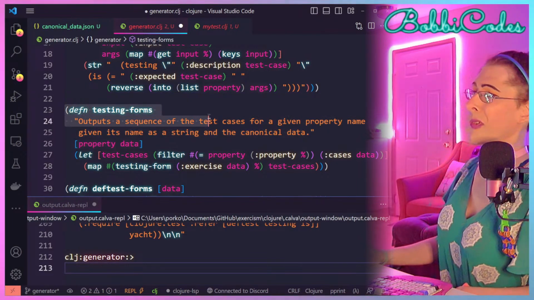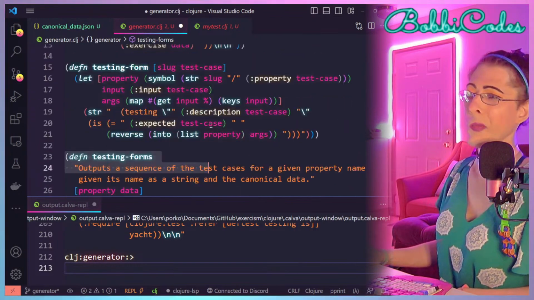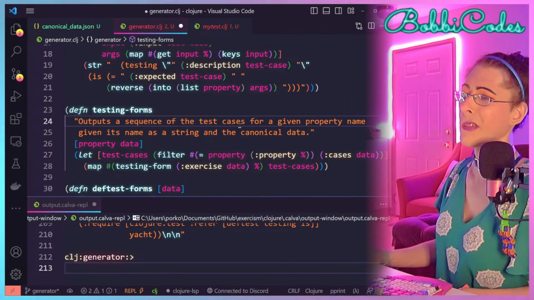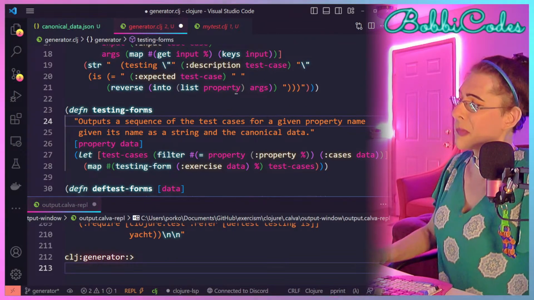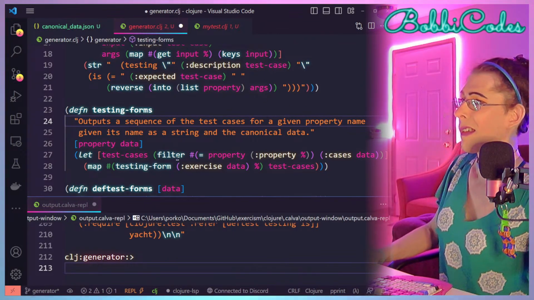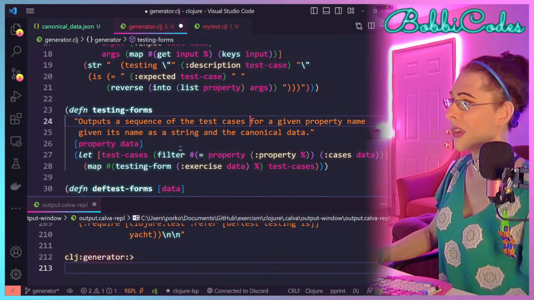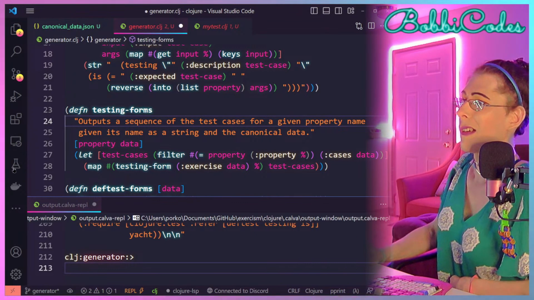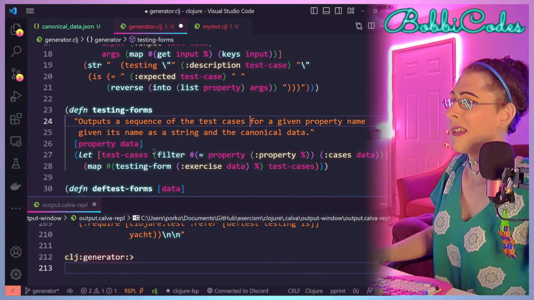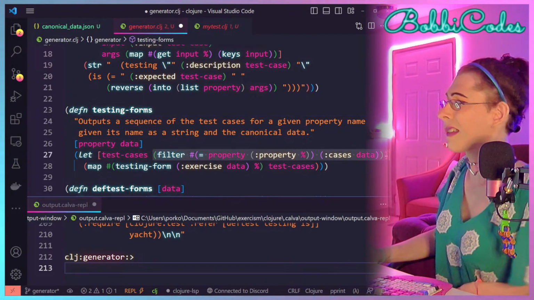The testing forms function. Okay, I was nice enough to put a doc string here. It outputs a sequence of the test cases for a given property name, given its name as a string and the canonical data. And so that does this thing-maboo.